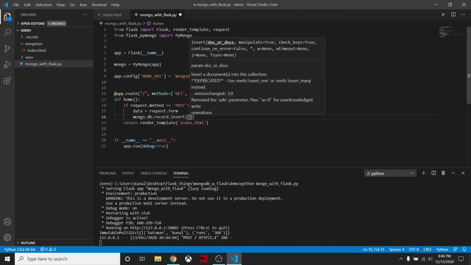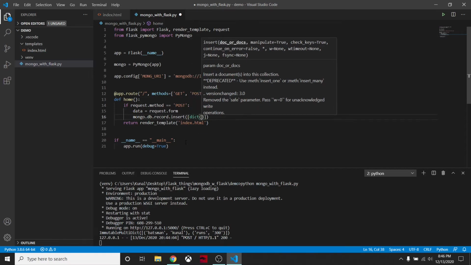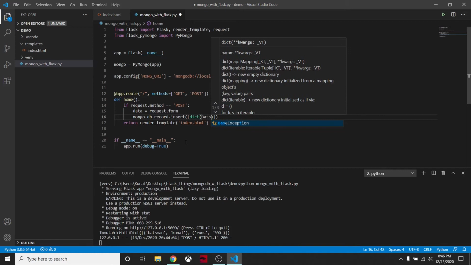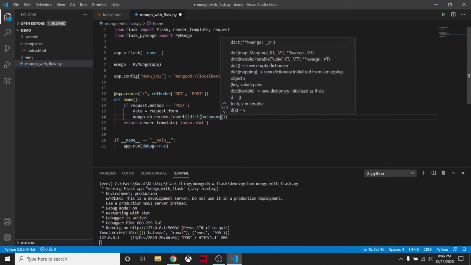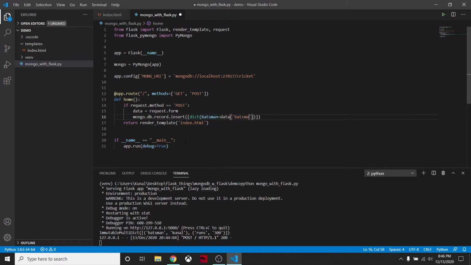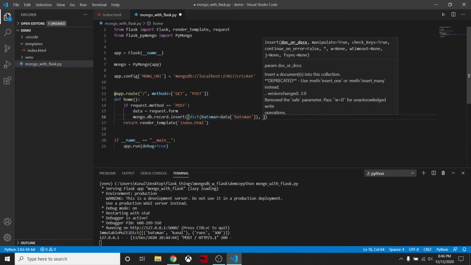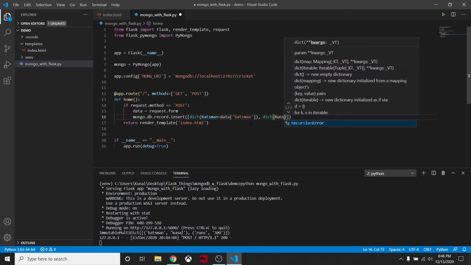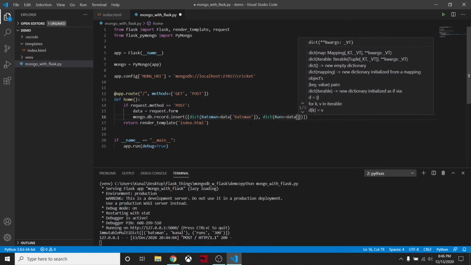One more thing we have to do is pass a dictionary of, we can say, the batsman. We will say batsman is equal to data batsman. And one more thing we have to pass is, let me type it again, runs is equal to whatever the data is.